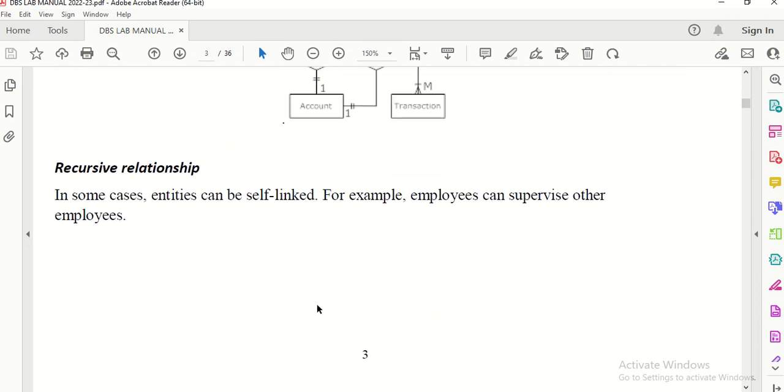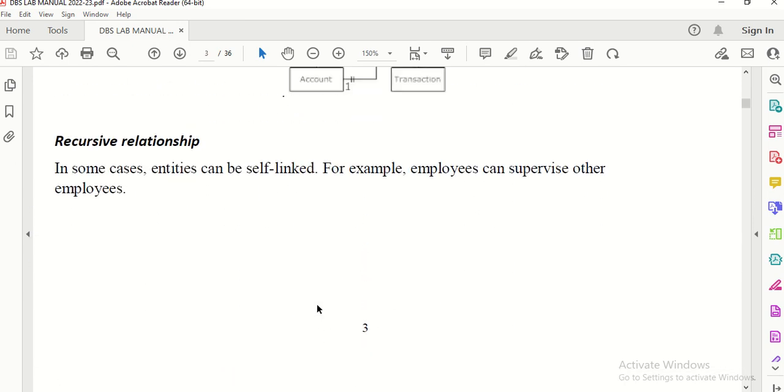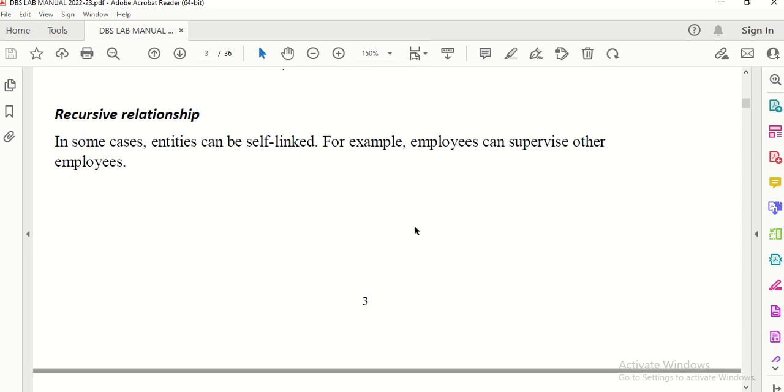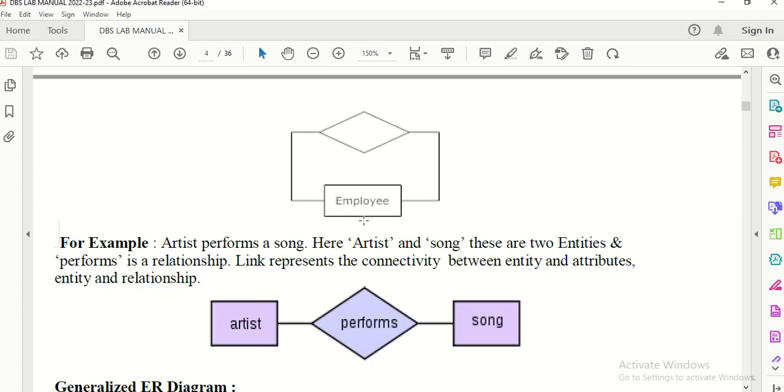Now recursive relationship. This also we need to show in our ER diagram. So in some cases entities can be self-linked. For example, an employee can supervise another employee. See, employees are all at one level. Either he can be A or B or C employee, right? So it may happen that their manager has told one employee to assess another employee.